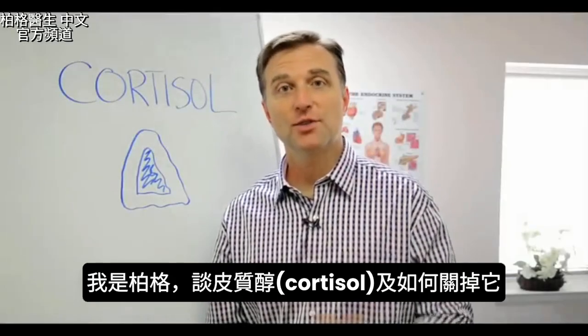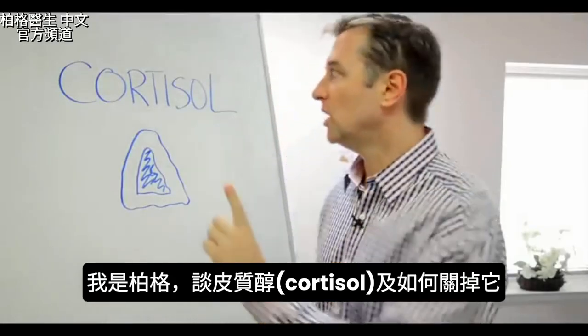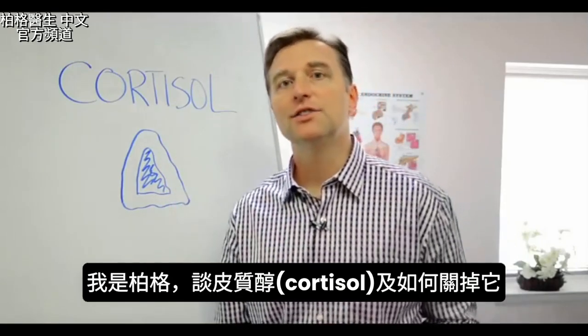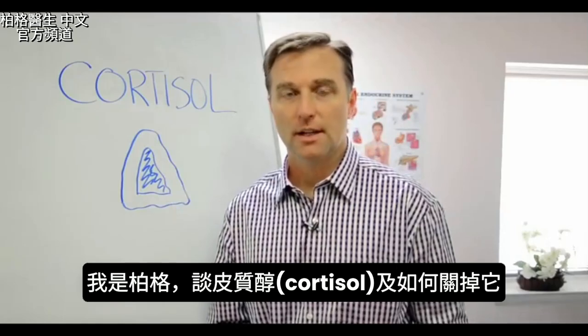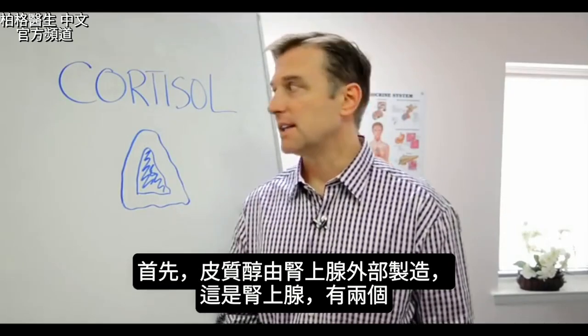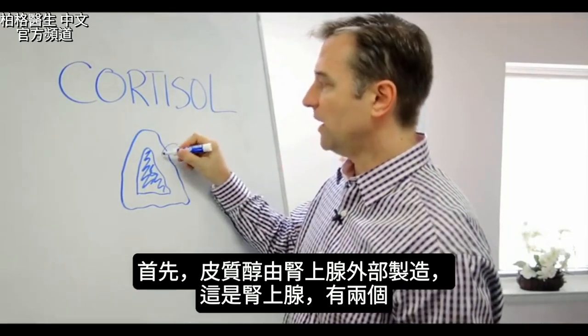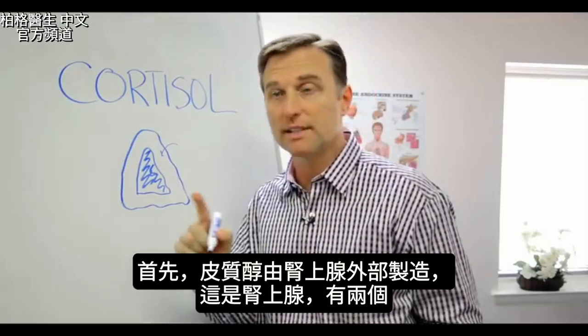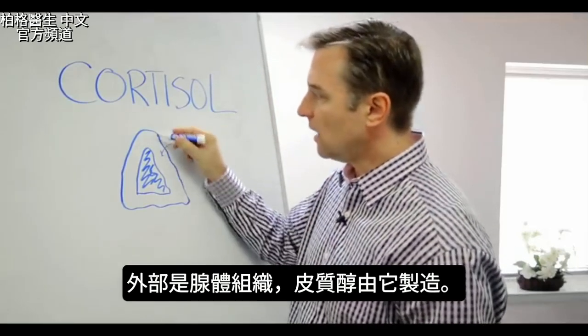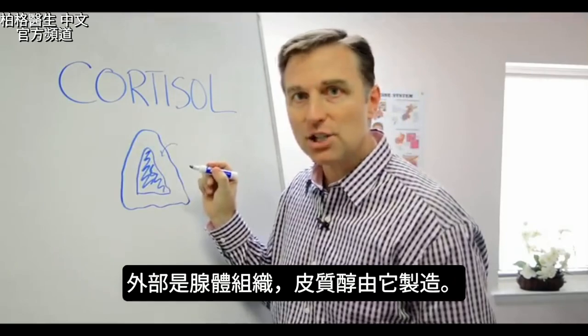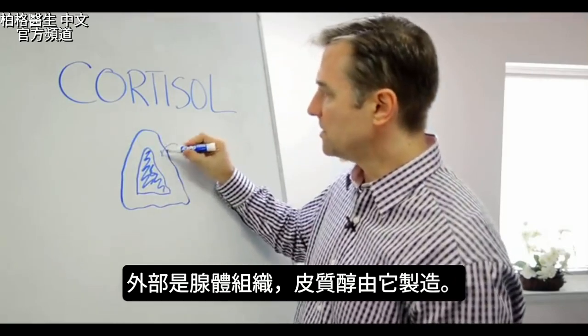Hey, Dr. Berg here. In this short video, we're going to talk about cortisol and how to turn off cortisol. The first thing you need to know is that cortisol is made from the outside of the adrenal gland. This is the adrenal gland. You have two of them on top of the kidney. They look like this. So the outside of this is all gland tissue, and cortisol is made by the outer